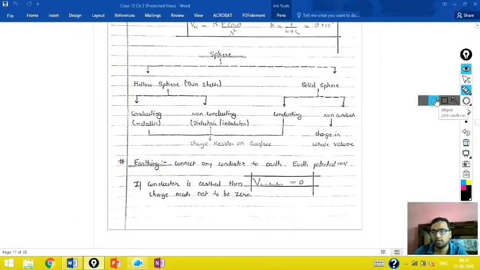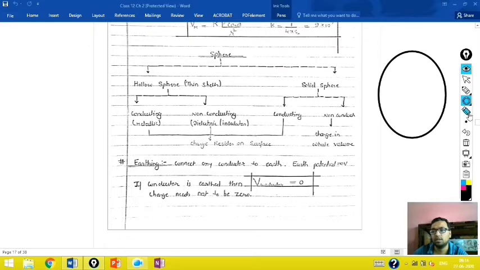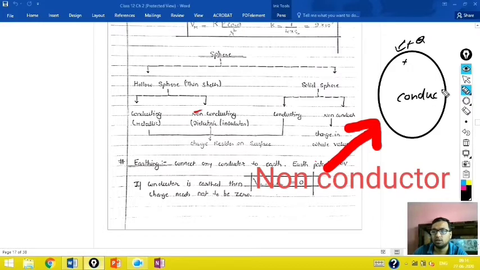Now we have one more case, that of a solid sphere, but in this solid sphere the material is not a conductor. It is a non-conductor. In the previous lecture, we did a similar kind of problem where I told you that at a distance x from its center, the electric field was not 0. In fact it was given by kqx upon r cube. This was the formula for electric field from the center.